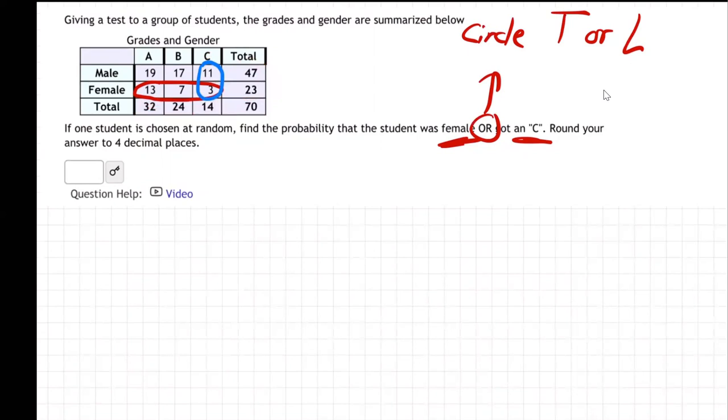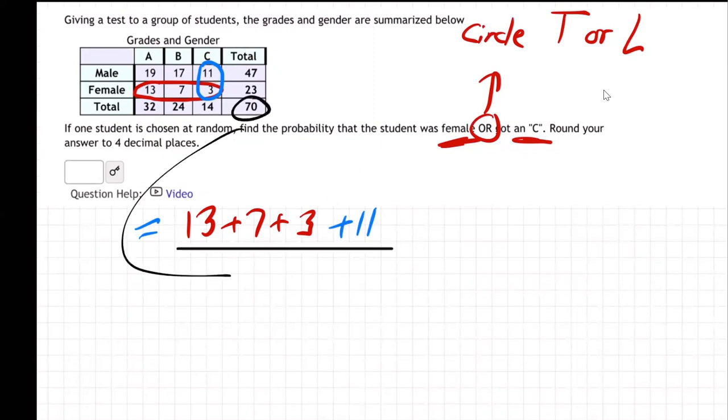So the answer is going to be then 13 plus, here, let me do the red. I'll try to stay with the colors. 13 plus 7 plus 3, and then plus 11, divided by the total, 70. So if you add that together, 21, 31, 34, over 70, and then divide that on your calculator, which I'm doing right now, throw it over 70, coming out to be